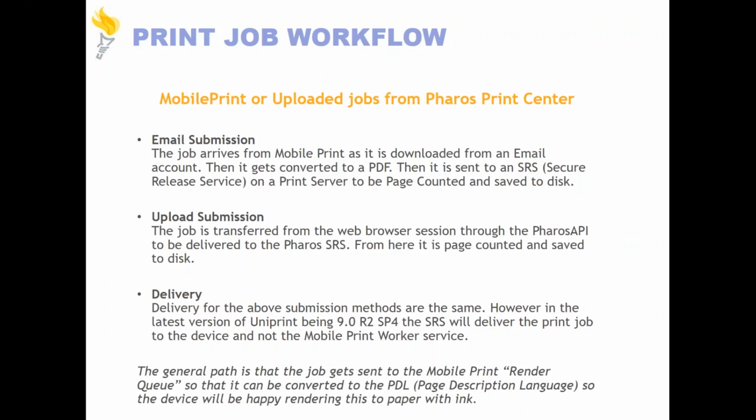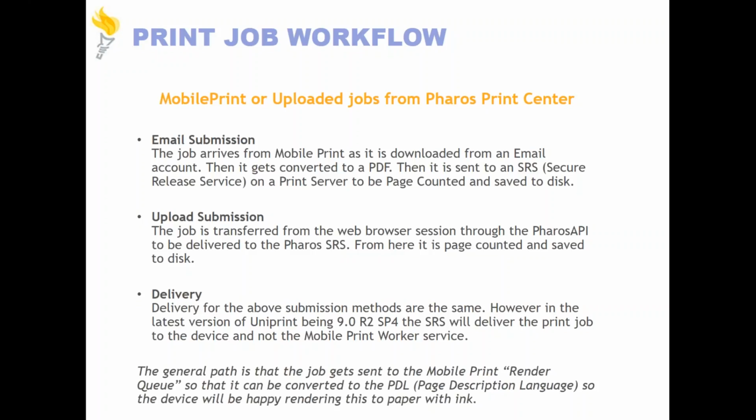The upload through the web browser in the Pharos Print Center, when you click the upload button and you select a job from your local workstation, it's going to be about the same thing, except the API gets involved first, the Pharos API, which then talks to secure release service and mobile print, says, hey guys, I have a job here that has to be converted and then stored and saved. And those three components work together to convert the file to a PDF and then send it off to the secure release service for storage, for page counting, and so it can sit and rest happily on disk until the